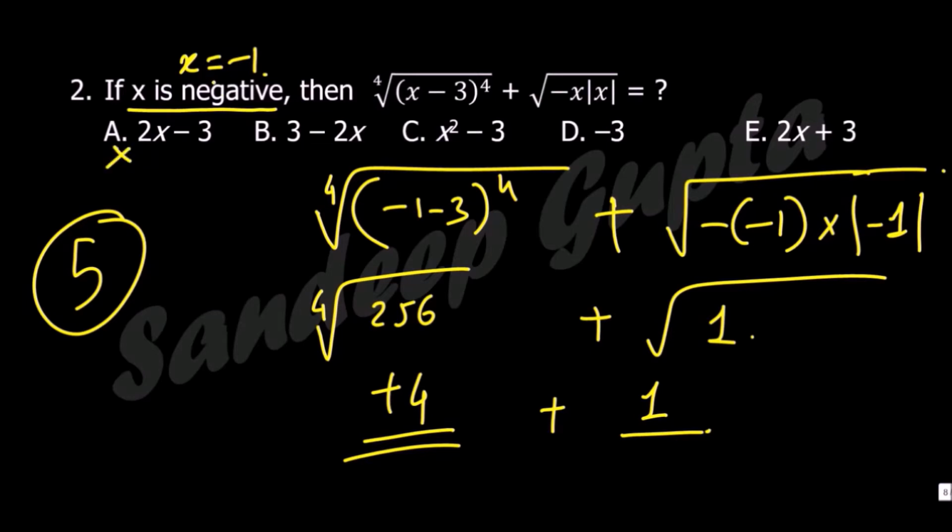If I substitute x equal to minus 1, I get 5. If I substitute x equal to minus 1, I don't get 5. There is no substitution here and the value is not 5. And in this case, if I substitute x equal to minus 1, the value is not 5.